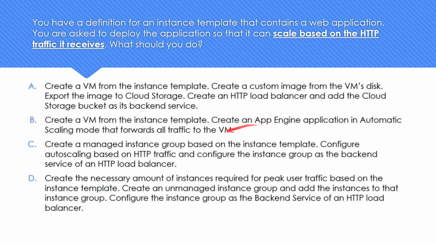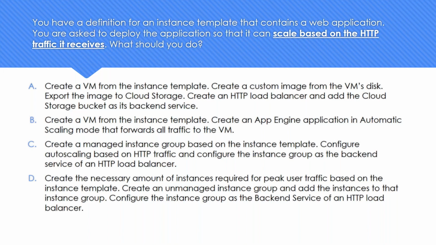So then forward all the traffic to the VM. How will you do it? You need to think of it. There's no inbuilt capability, so you have to write some HTTP forwarding rules, all those things. Which is also not going to serve the whole purpose. And there's no way you are scaling it based on the HTTP traffic. So the load balancer should come into the picture, the health check should come into the picture, MIG should be coming into the picture, and that too, in MIG we should have turned on auto scaling. Those are all the things which need to come into the picture, which was not even mentioned in